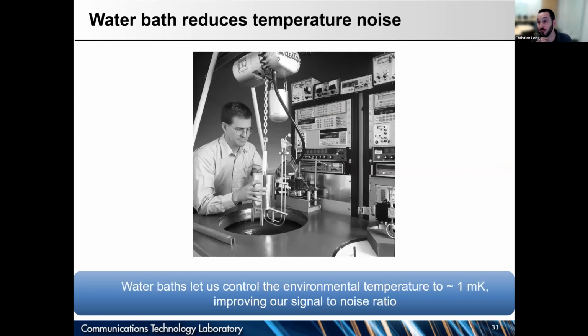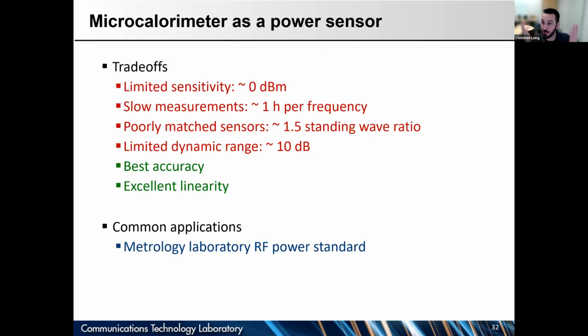In addition, we try to put these in a very quiet thermal environment. So they're typically submerged in a bath of water that's controlled down to about 1 millikelvin to try to improve our signal to noise measurements for those temperature differences. So if I think about this in the same kind of trade space as those other benchtop power sensors, there's many downsides. The dynamic range is quite limited. The signal to noise just isn't that big because the whole power sensor doesn't get that hot compared to a tiny element inside it that's sensing power and maybe gets quite a bit warmer.